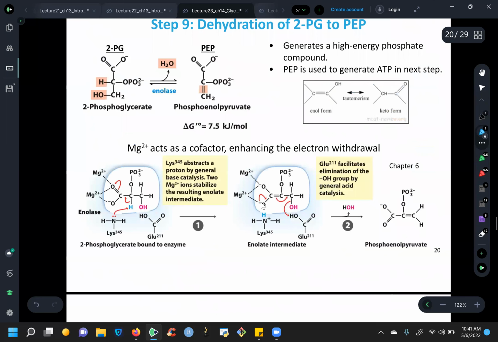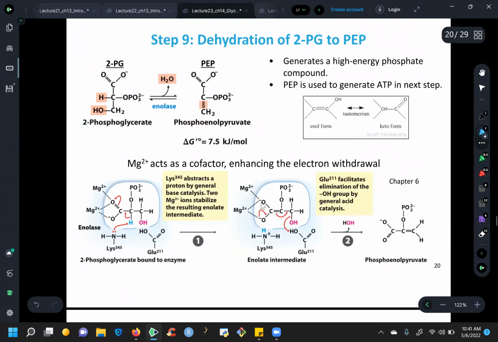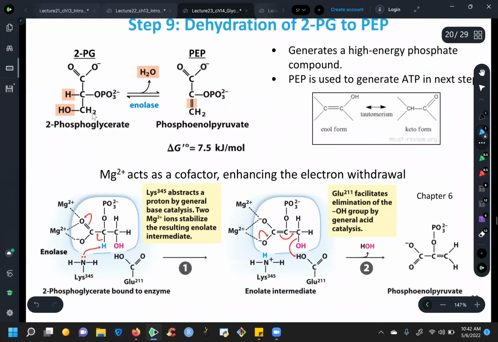Step 9, dehydration of 2-phosphoglycerate to phosphoenolpyruvate. Here in step 9, we use enolase and we're removing a water molecule. If you look at this 2-phosphoglycerate, that's what we had earlier. We had our CH2 with an alcohol. We had our carbon where we just added this phosphate group, we just moved it from 3 to 2. There's a hydrogen there, and then this. So we're removing a water molecule, that's 2 hydrogens and the oxygen. So this is where the water molecule came from. And so then we end up with